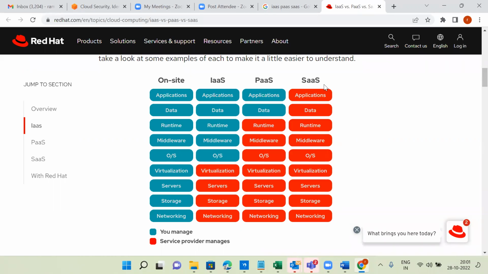SaaS, software as a service. Everything is managed by the respective vendor itself, but we can use that service. For example, ServiceNow is a SaaS-based company. Everything will be maintained by the vendor. So I have to purchase the ServiceNow ticketing tool for my organization for 100 members. They can give one account to us, and for whatever 100 users I want to create access, I have to pay maybe $5 for each end user. That is called SaaS based.